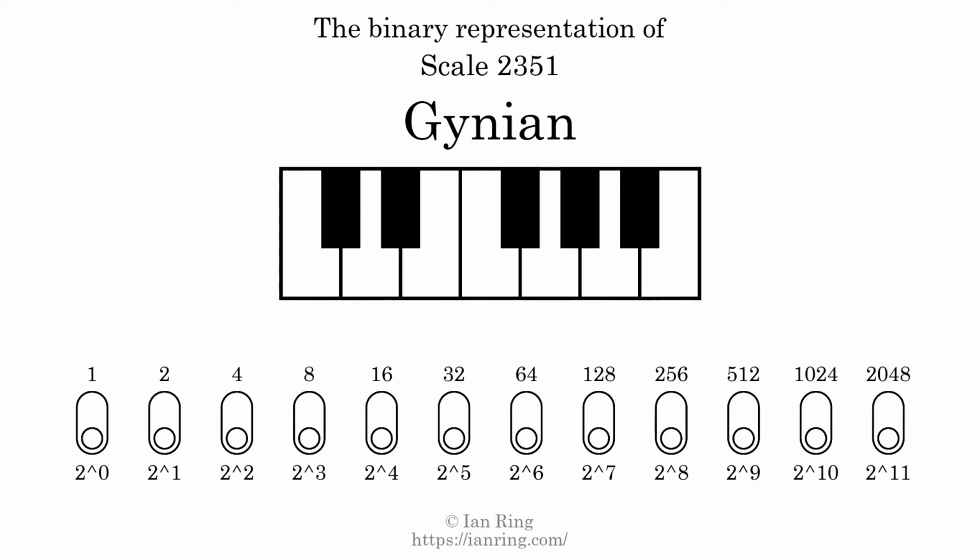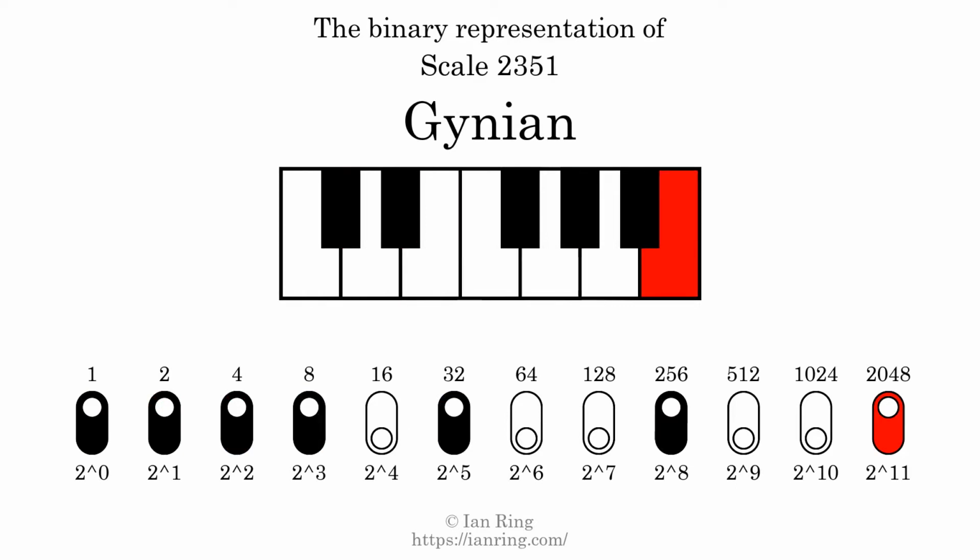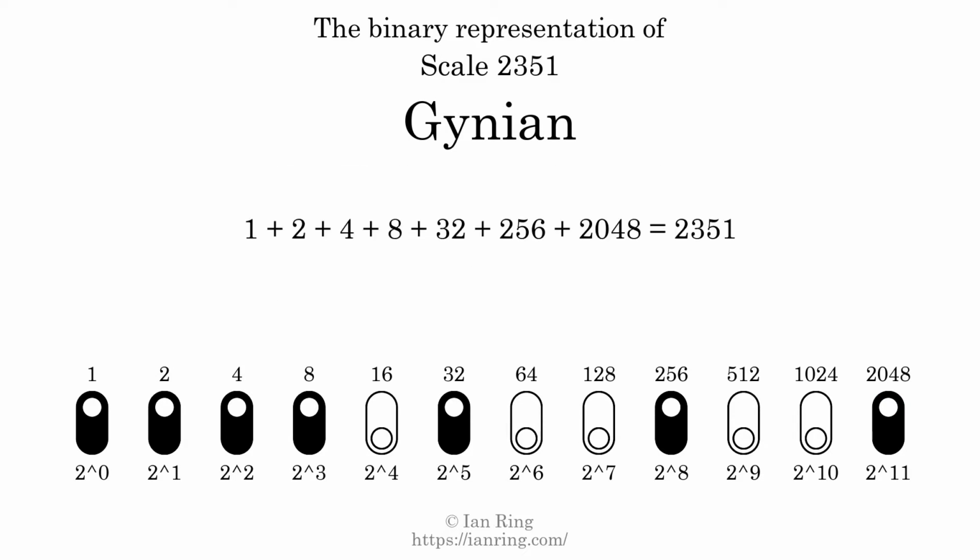The binary representation of this scale is determined by mapping tones of the scale to binary digits. Each binary digit represents a power of 2. To get the scale number, we add the powers of 2 together. The powers of 2 that are present in the scale, all added together, equals 2351. That is why the scale number, in decimal, is